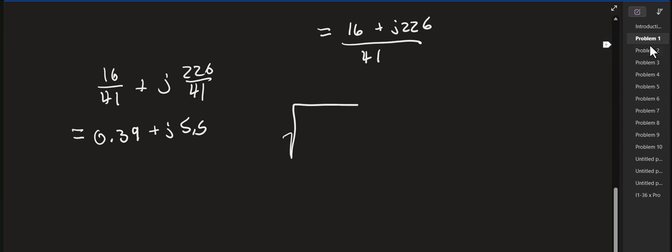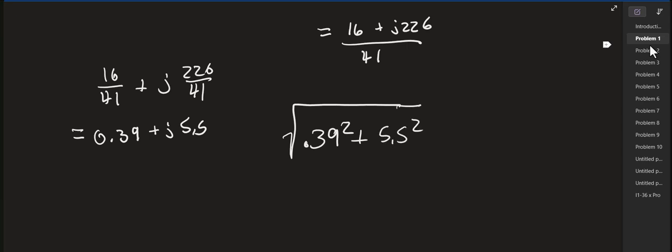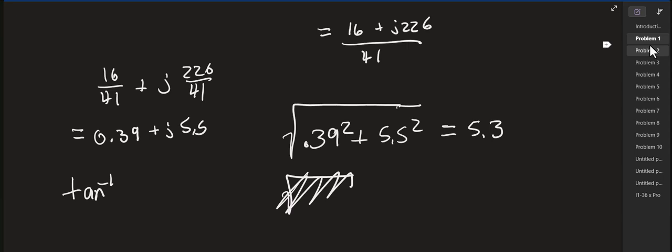The magnitude is the square root of 0.39 squared plus 5.5 squared, which, I don't know what it is on the inside, but when you take that square root, you get 5.53. To get the angle, I take the inverse tangent of the imaginary part, 5.5 over 0.39, and I get